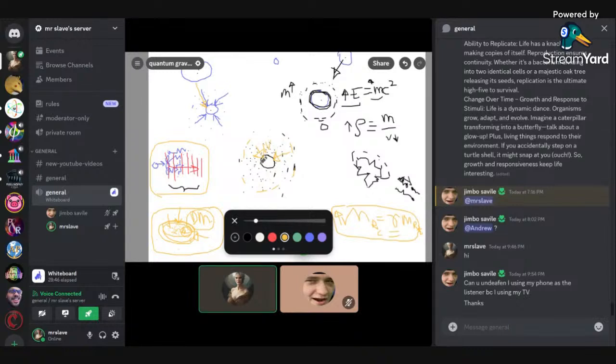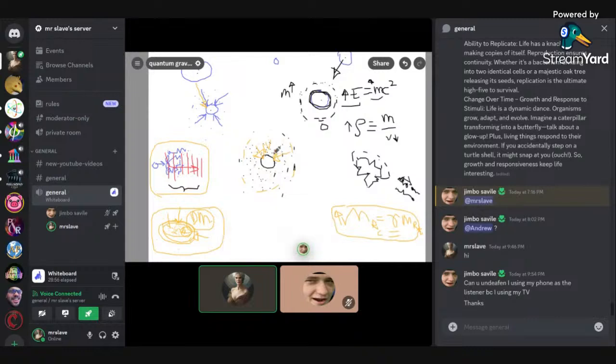Once they impart mass to the particle, the particle starts interacting with these masses because there are masses here. So it starts pulling them in. So space itself gets dragged in